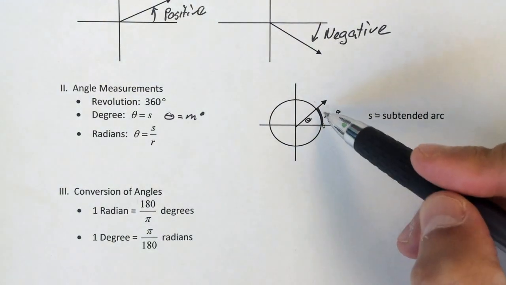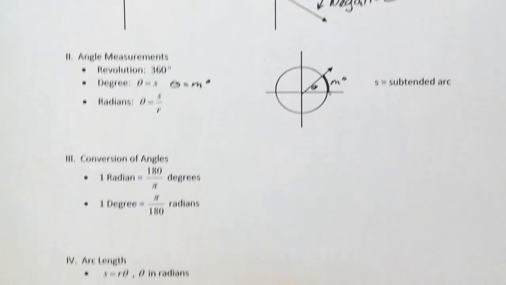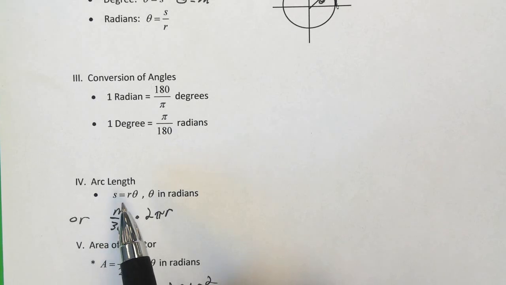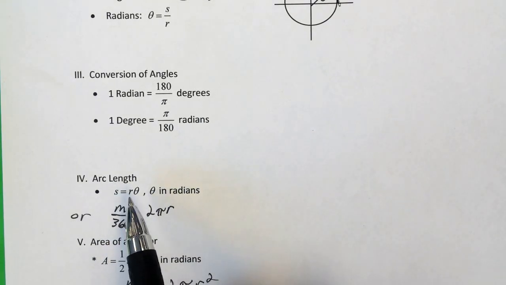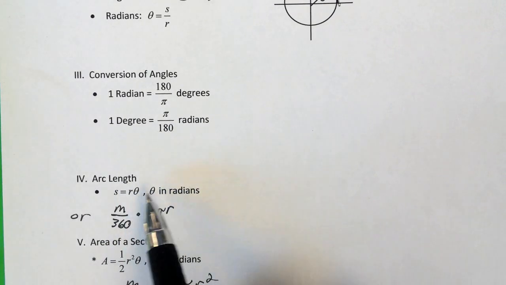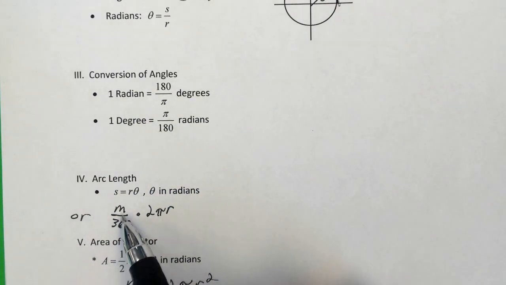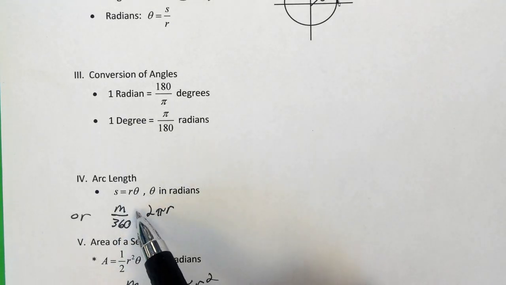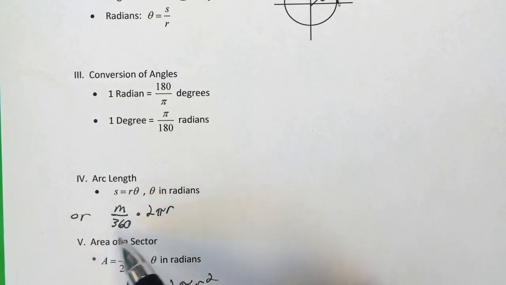So the measure of this arc length, right? If we're talking about it in terms of S, it's going to be R times theta in radians, right? Your radius times your angle. Or if we're talking about degrees, it's going to be the M over 360 times 2 pi R, right? So you're talking about the fraction of the circle effectively. So you're going to need a fraction,